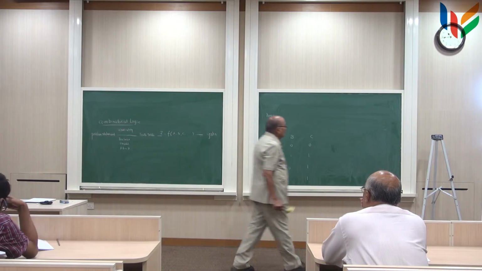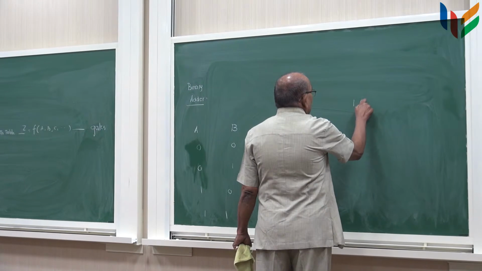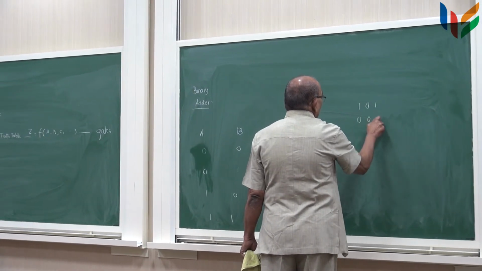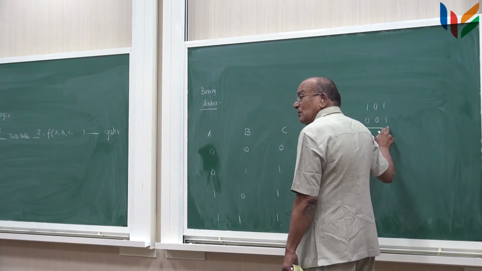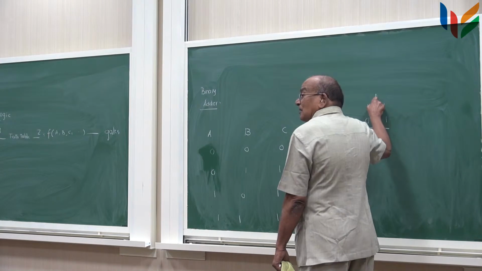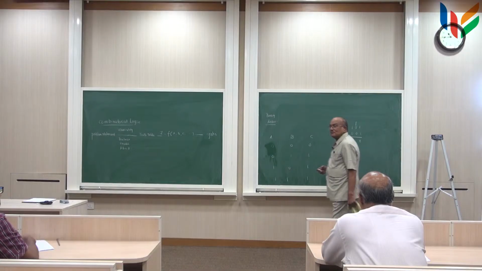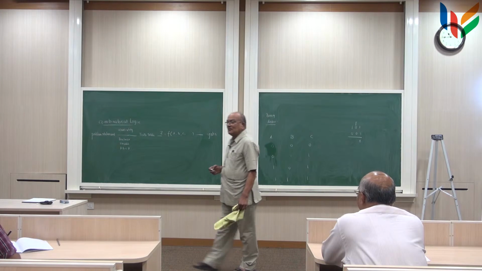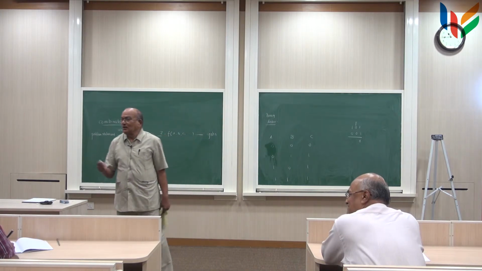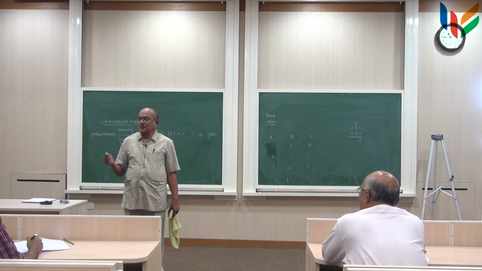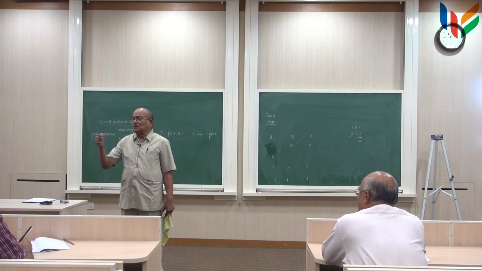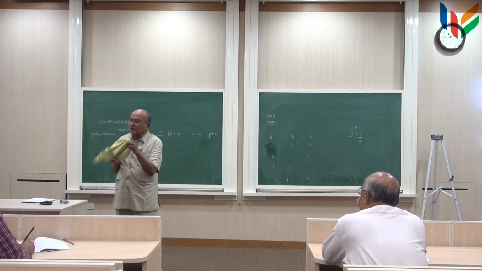Remember your 12th standard mathematics. So if you have 1, 0, 1 and 0, 0, 1, how do you add this? You add 1 plus 1 is equal to 0 and you carry 1 here, right? Remember that or not? How to add two binary numbers? The way to add two binary numbers is, if it is 0, 0, the sum will be 0; if 0, 1, it will be 1; if 1, 0, it will be 1; but if you have 1 and 1, you get a 0 and a carry over to the next one.